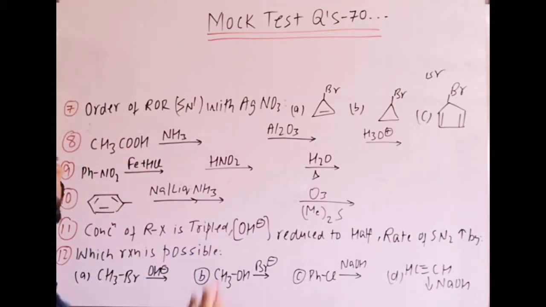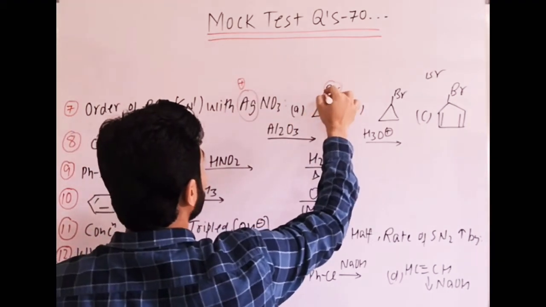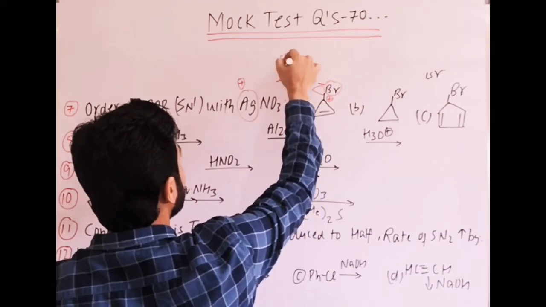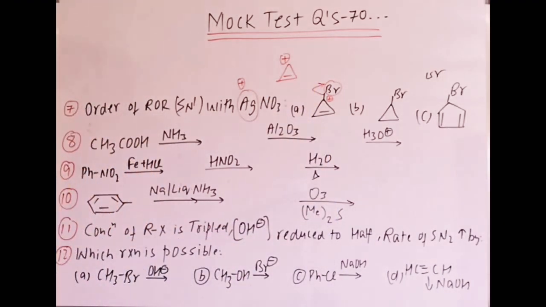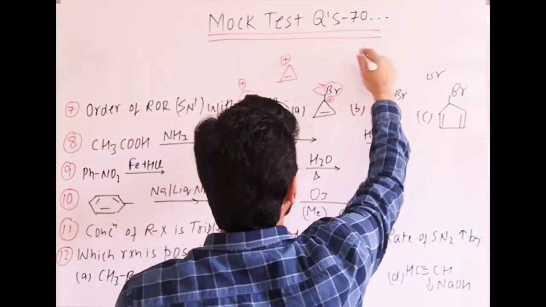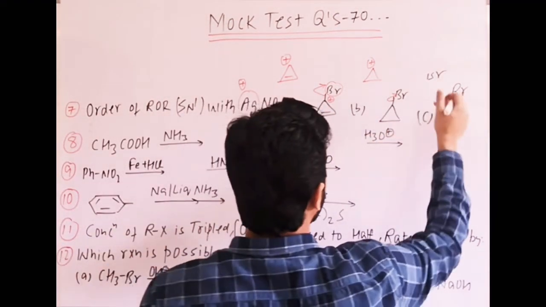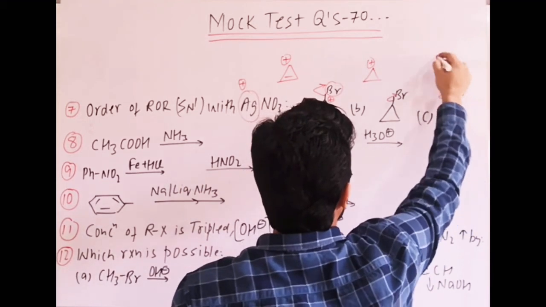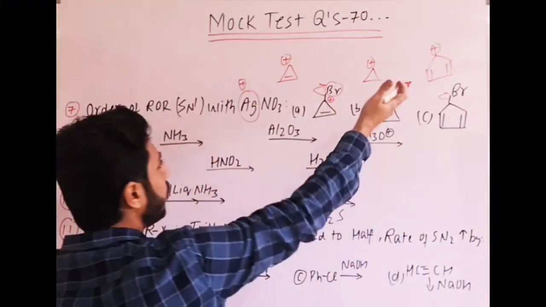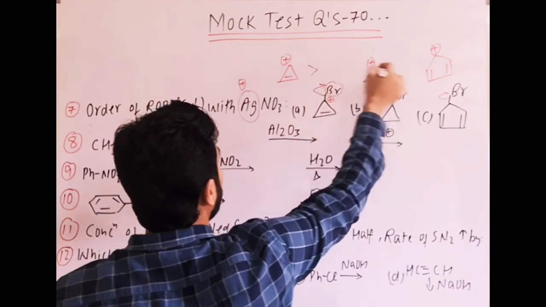Seventh one, the order of SN1 reaction among them. When the reaction takes place, Ag plus will take Br minus. When Br minus leaves, a plus charge comes, and the intermediate is a highly stable carbocation which is aromatic in nature. In the same way in the second option, when Br minus leaves, you will get a plus charge. It is not stable, but okay, we have to compare among them. Till now the first is best. And in C, when Br minus tries to leave, you will get an intermediate which is anti-aromatic. Anti-aromatic or non-aromatic, which is better? Non-aromatic. So the order will be A, B and C.